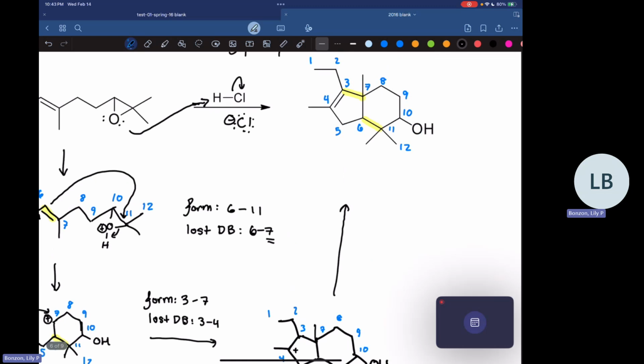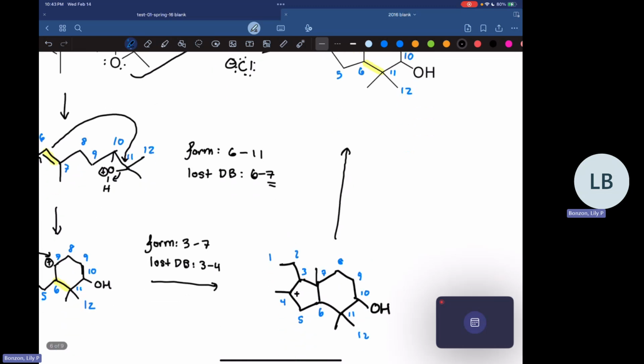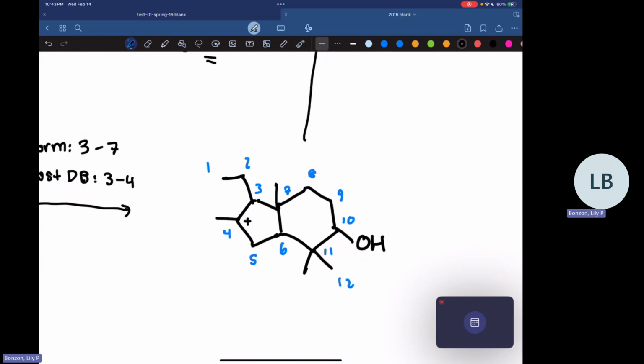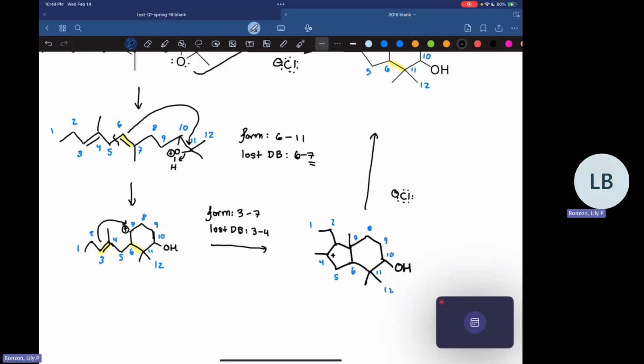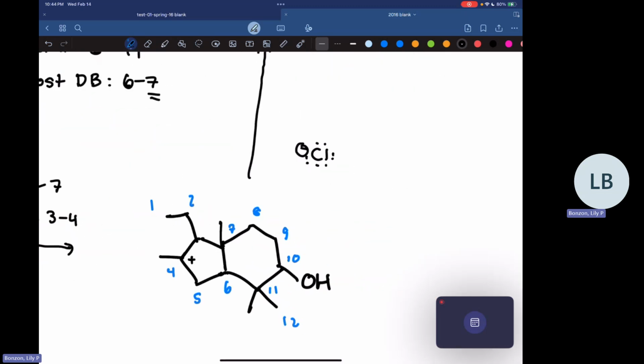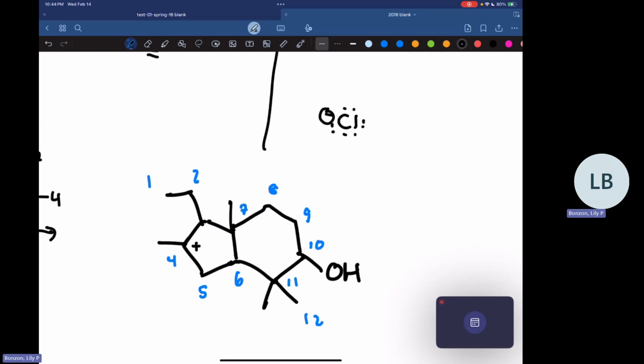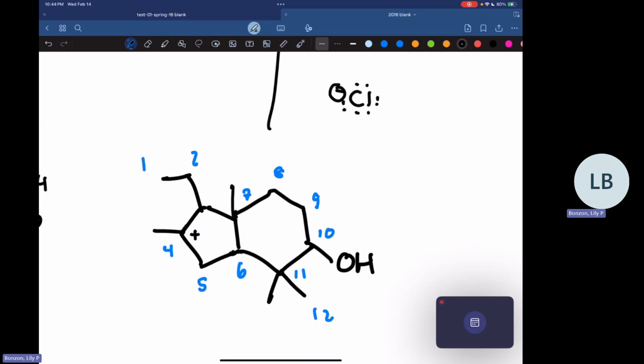So somehow we need to form a double bond between 3 and 4. And so we've got a carbocation here. And so what we can do is we can actually do an elimination reaction with a nucleophile in this system. So I'm going to bring back that chlorine that we were talking about. It's a Cl minus, got that strong basic character. And so if we need to form a bond between 3 and 4,